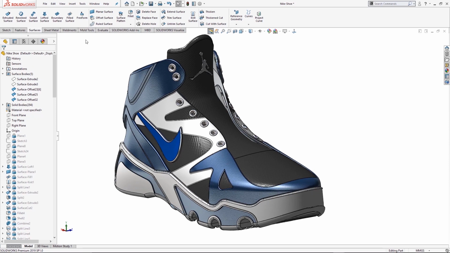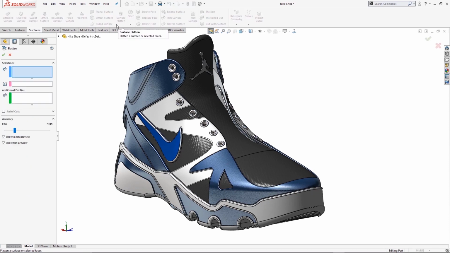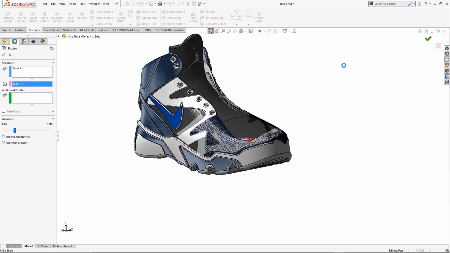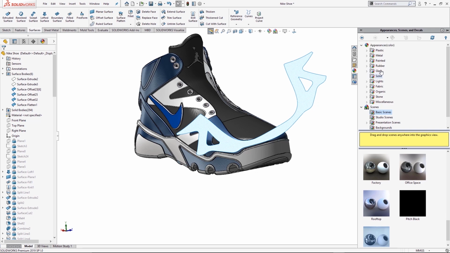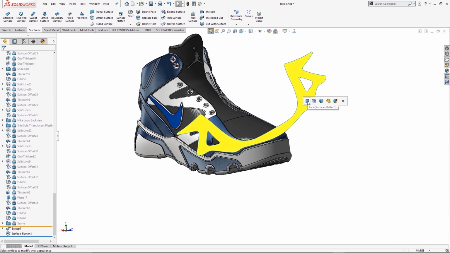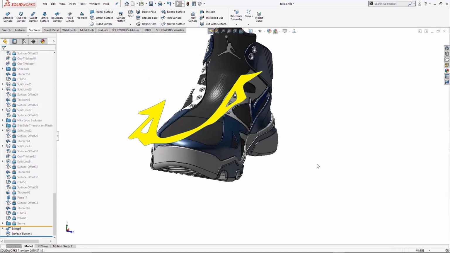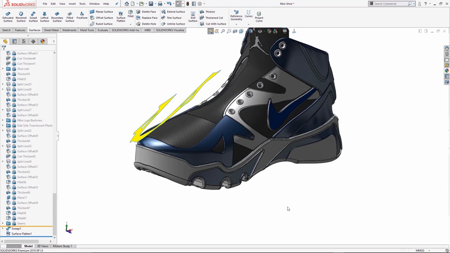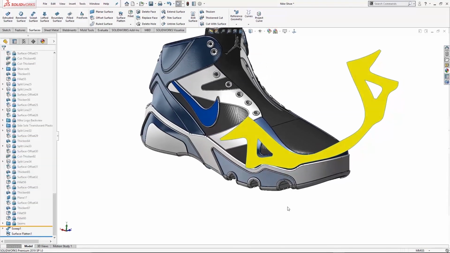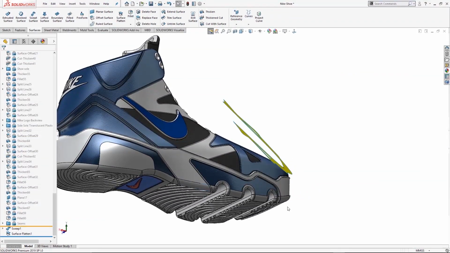So up on our Surfaces tab, we've got the icon here for Surface Flatten. Really straightforward. You pick the surface that you want to flatten. You then pick an edge to flatten it from, and SolidWorks goes ahead and actually creates that flat pattern for us. If I just accept off the command, you can see, and again, I might just change the color of this as well, just to draw your attention to it. But that flat pattern there has then been developed from this really organic surface here. So again, to try and work that out manually would be very difficult indeed.